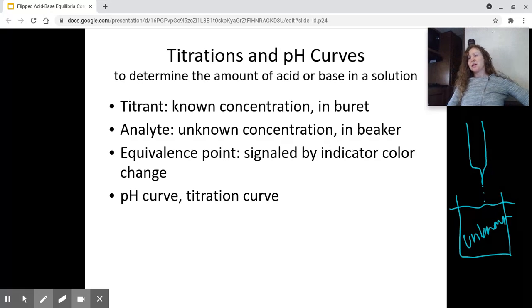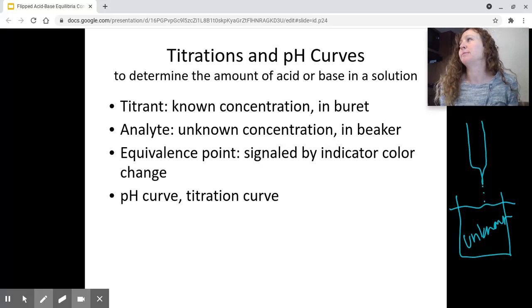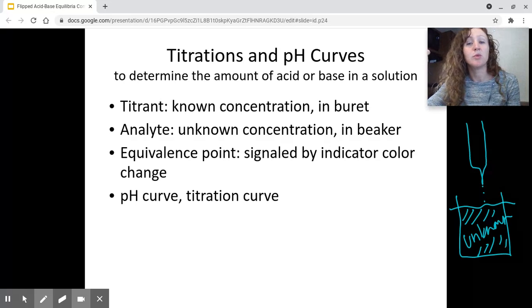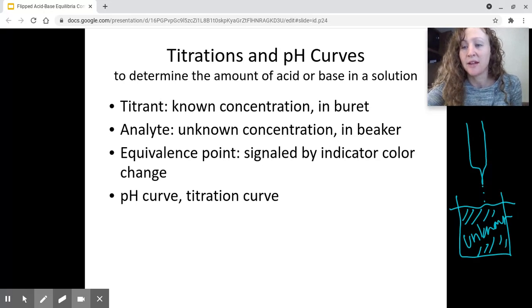So for example, let's say you have a situation where acid is leaking into a local creek, or acid is building up for some reason in a local creek, and you want to know, what is the concentration of the acid currently in the creek water? So you would get a sample from your creek. You know it's acidic, and so you're going to add a base